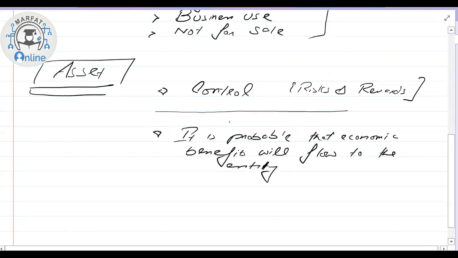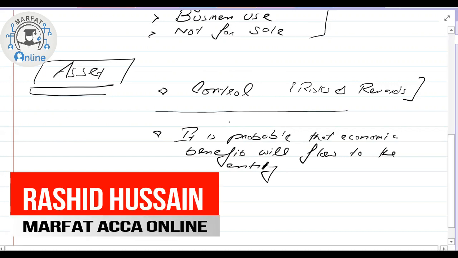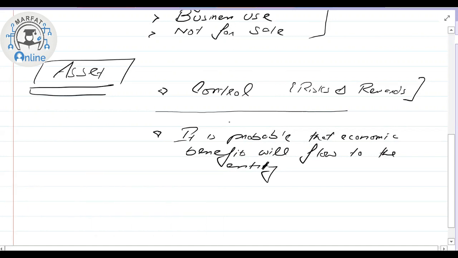There is a concept in the accounting which is known as substance over form. Now the substance over form means that there are two things. One is commercial substance or economic reality. The other thing is legal form. Like say for example, if you go to the bank and you lease a car,